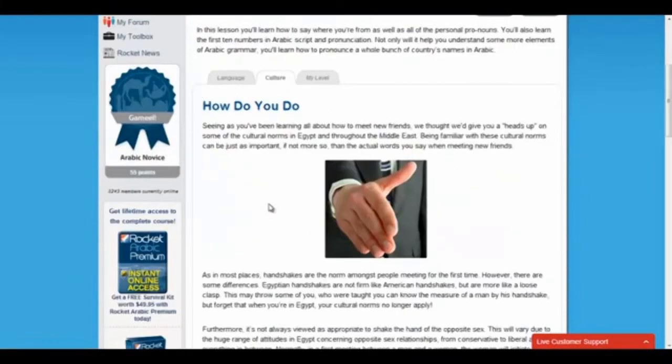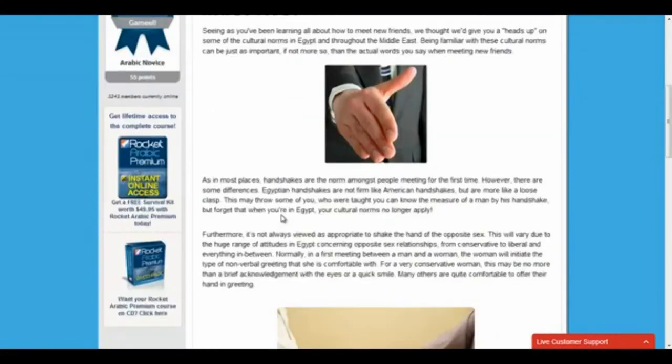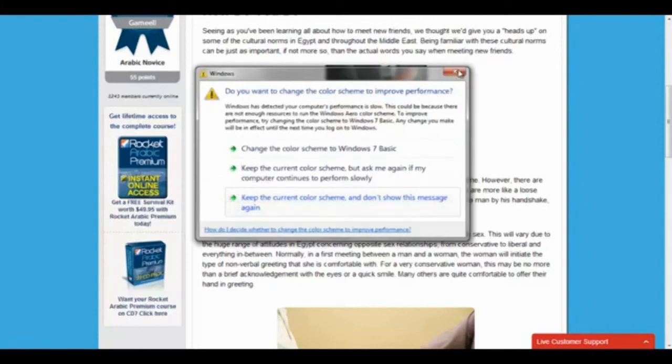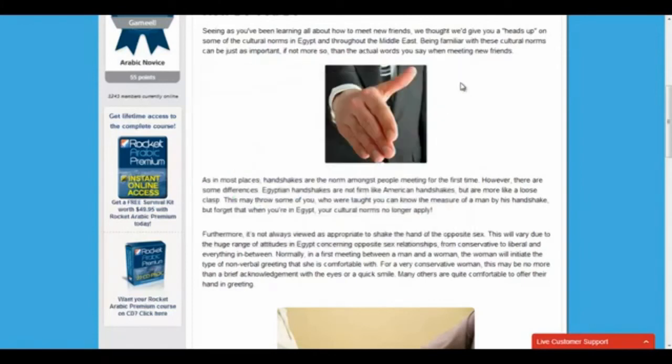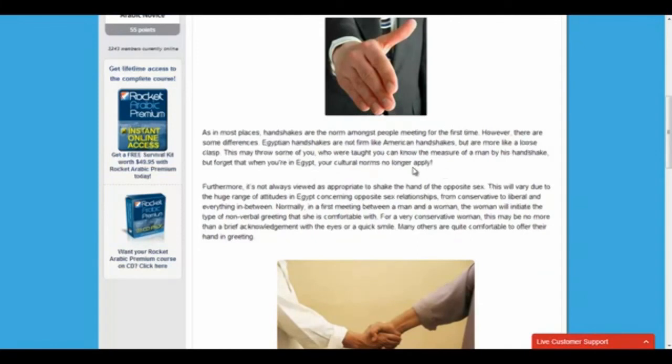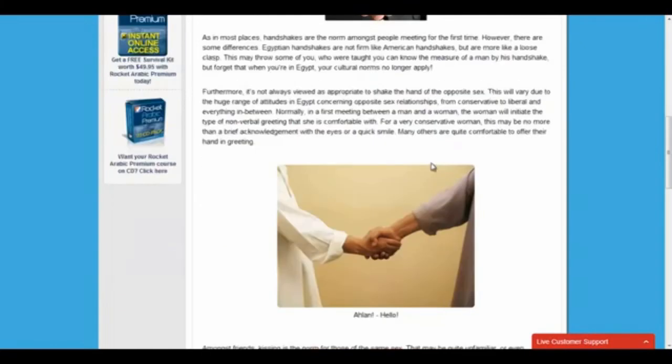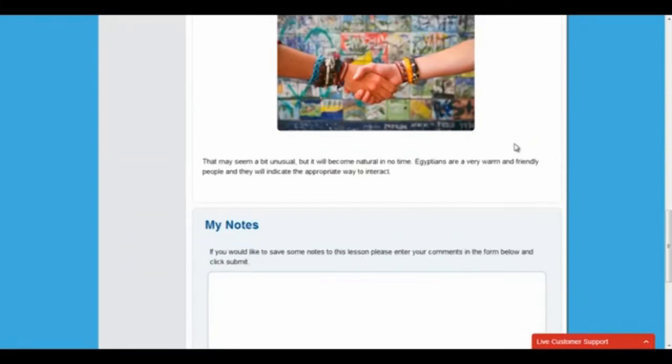And then in the culture tab, they give you cultural things. So, for example, this chapter is about greeting people and getting personal information. So they tell you about shaking hands. For example, in America, we think measure the man by their handshake. A good, strong, firm handshake is an honest, straightforward sort of guy. Well, in Arabic cultures, if you go to Egypt, for example, if you grab someone's hand like that, they're going to think you're a freak. They don't do that. They give a very loose handshake, and this tells you about that. So if you're actually going to go to, for example, Egypt, you want to know some of the cultural things before you get there. And this program has